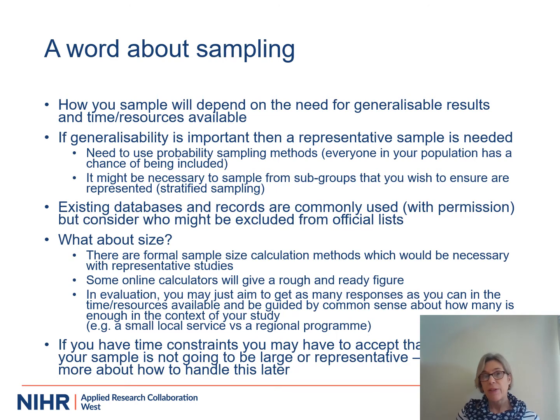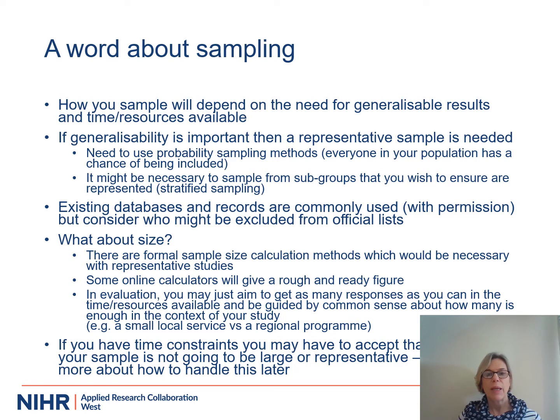It might be necessary in some studies to think about how certain subgroups in the population are represented, and that you want to seek methods to help you ensure they're represented in sufficient numbers, and ideally those that reflect the sort of proportions in your population. And that would be stratified sampling, and that's getting a bit more technical,